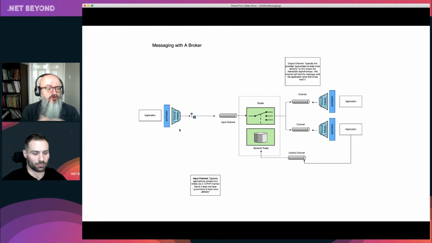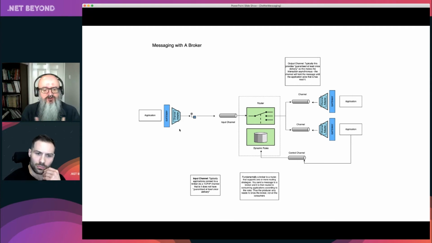Those output channels are what we think of as queues. They tend to have what we call store and forward. In other words, they say, I will keep the message until the person who said they want to receive messages comes along and pulls it out and deals with it, right? So that's basically everybody's post box. And in the middle is the broker. They're kind of the post office in this equation. And what they're saying is, okay, I'm going to give this message to anybody that tells me they're registered to receive messages under that particular topic or routing key, whatever your platform calls that.